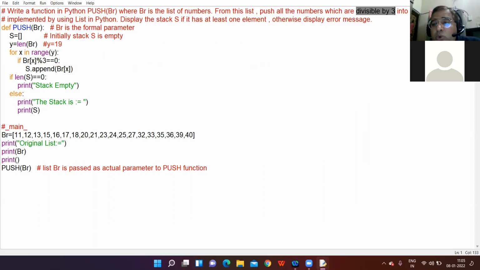For term 2, first program is stack, which I discussed earlier. Second program is this question, which is just displayed in front of you. Am I clear to all? You can take the screenshot if you want.